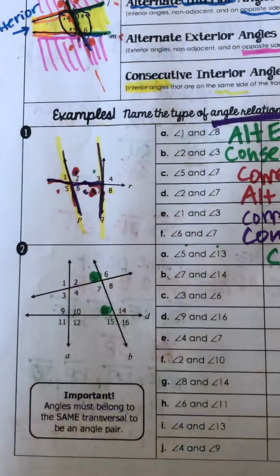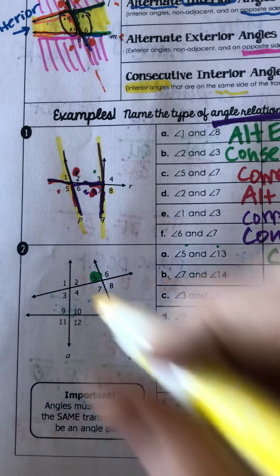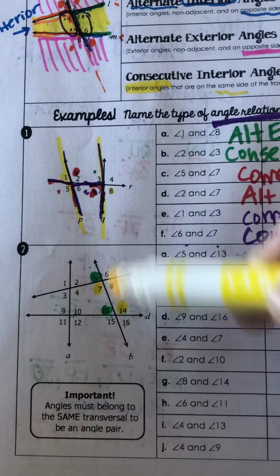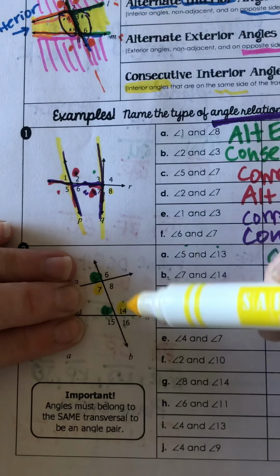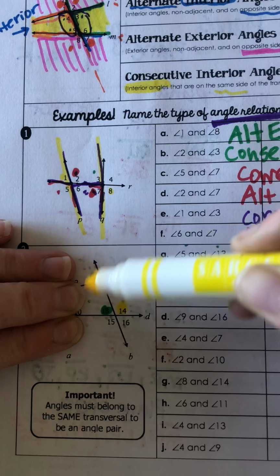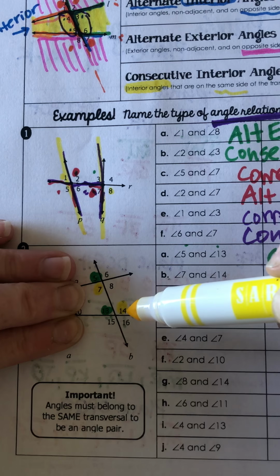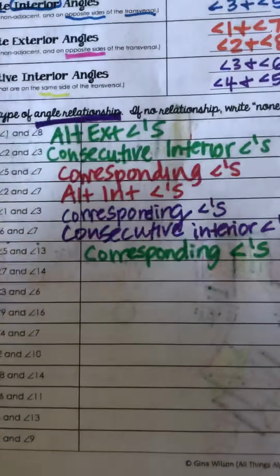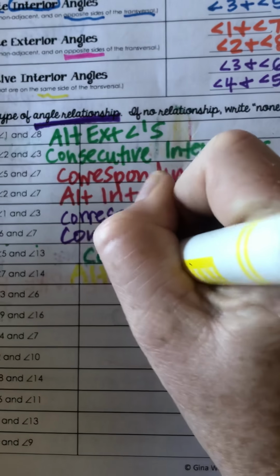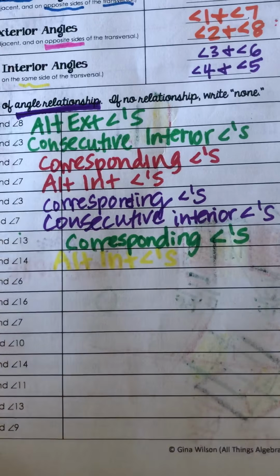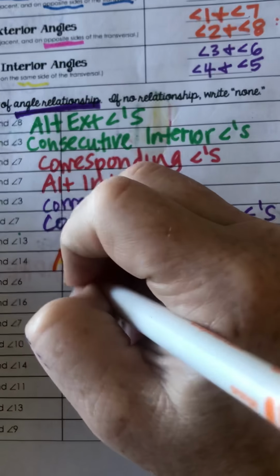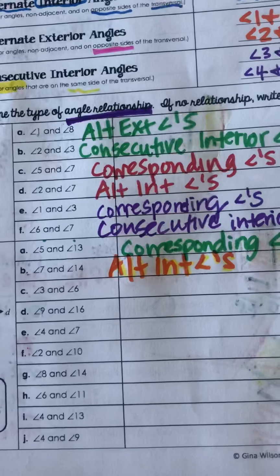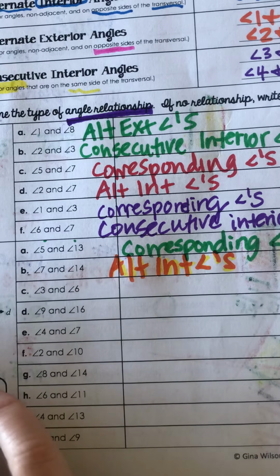All right, 7 and 14, let's see. Angle 7 and angle 14. So their transversal is B. That's the one that's touching them. So you can kind of just ignore this. Like, this is all that matters over here for 7 and 14. They're alternating across, and they're staying on the interior. Okay, so alternate interior angles there. Let me see if you can see yellow. Alternate interior angles. So if that helps you cover up the part of the diagram that isn't